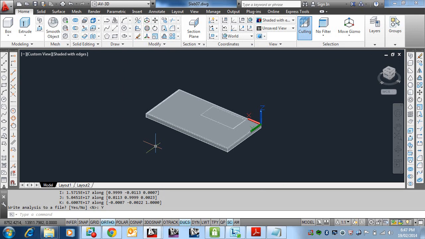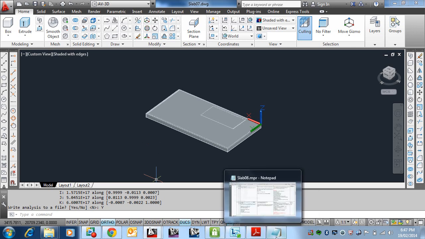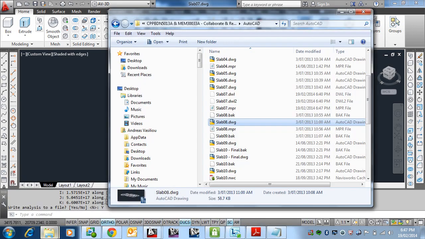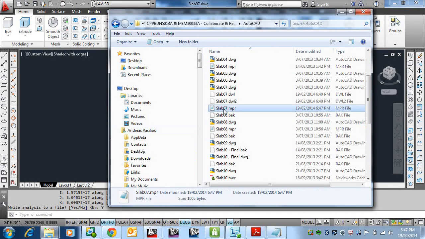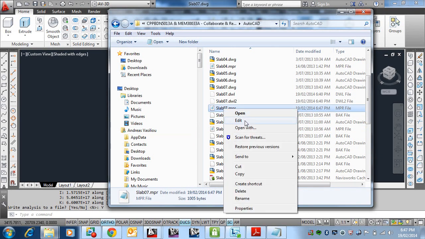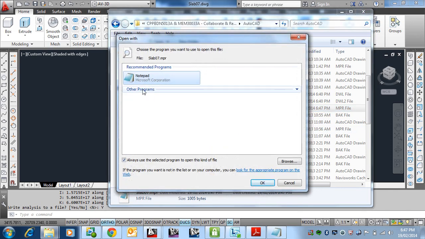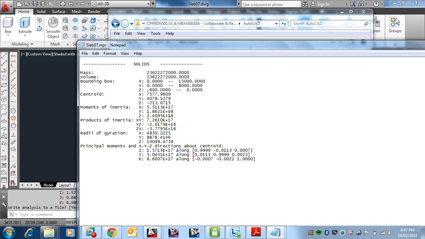All right, so what I want to do next is actually go to that file and open that up. To open that file up, if we go here, 7 MPR, which is this one here, you can right click and open with, and you can choose a program, in this case Notepad, and that will open that up. What I want you to do is pick up the X, Y, and Z location of the centroid, and maybe put it down here ready for use in AutoCAD later on. So we just copy that,